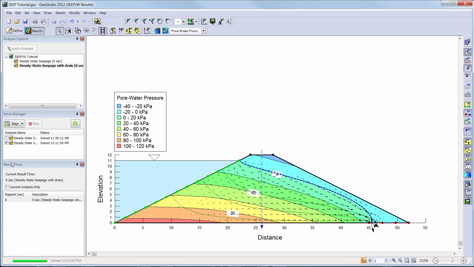The settings that I had set in my previous analysis in the results view have been saved, so I can now see my updated pore water pressure contours, flow paths, and phreatic surface. We can see that the drain under the toe of my embankment is forcing water to leave the domain along this line, changing the position of my phreatic surface. I will add a label to my flux section so that I can view the amount of flow crossing this